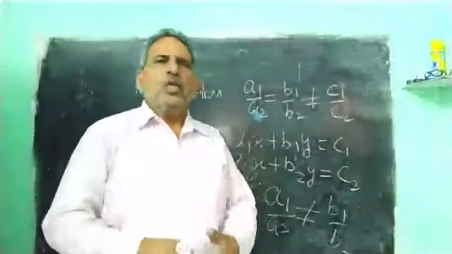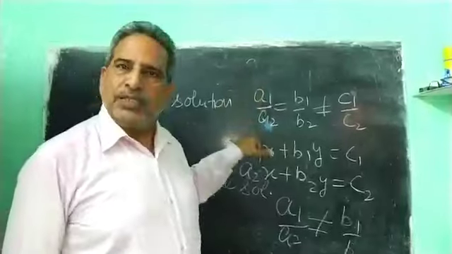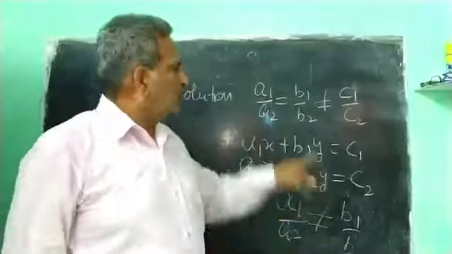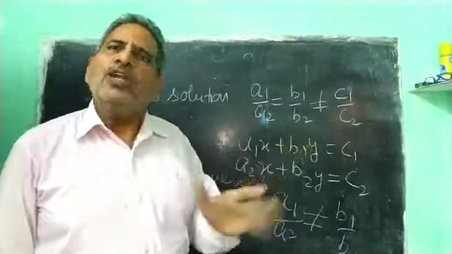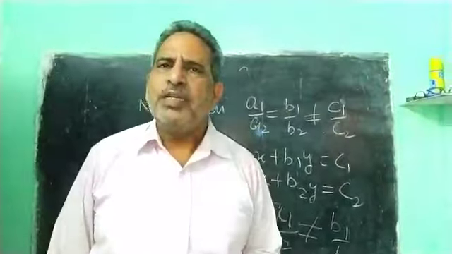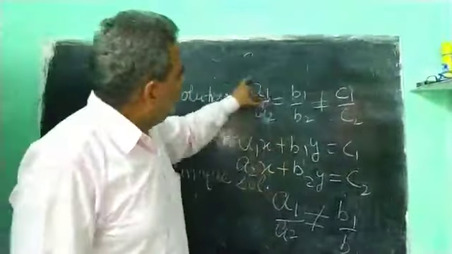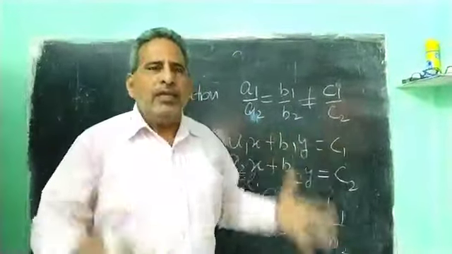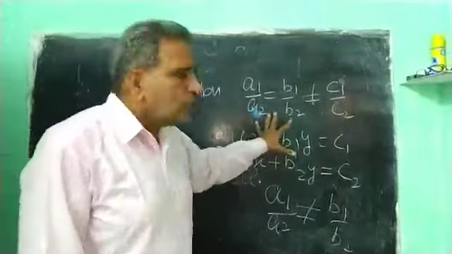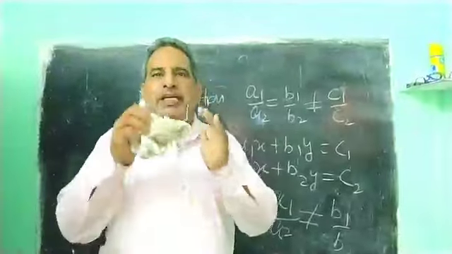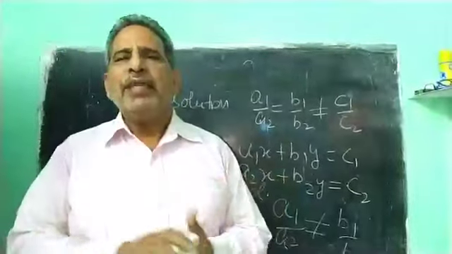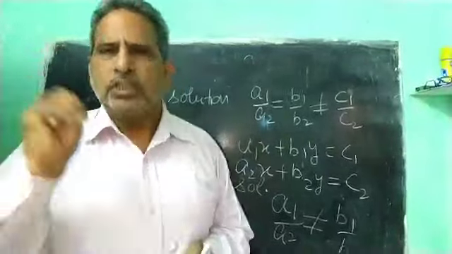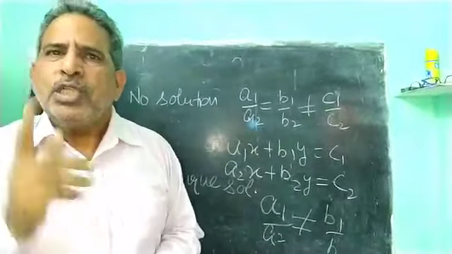It is very simple. We shall find the value of a1 upon a2, then we shall proceed to b1 upon b2. Suppose in the beginning these two values are not equal, then there is no need to get the values of c1 and c2. But if we get these two values equal, then we go for c1 upon c2 and this value is not equal to these two. Then we say the given equations don't have any common solution, or simply they have no solution. Okay, so now come to the third one.